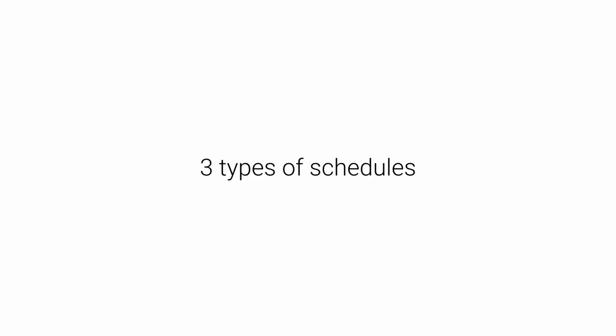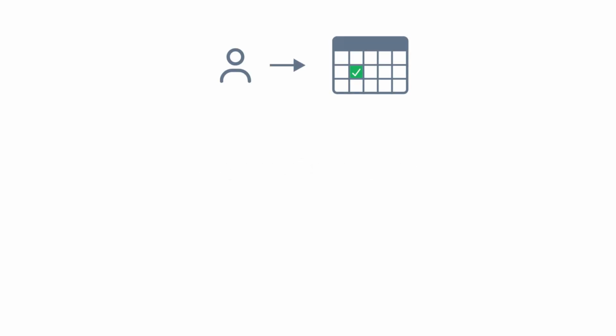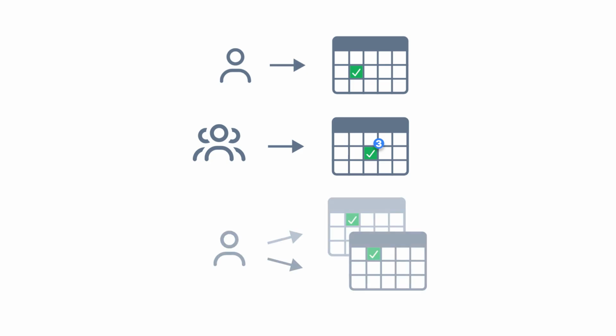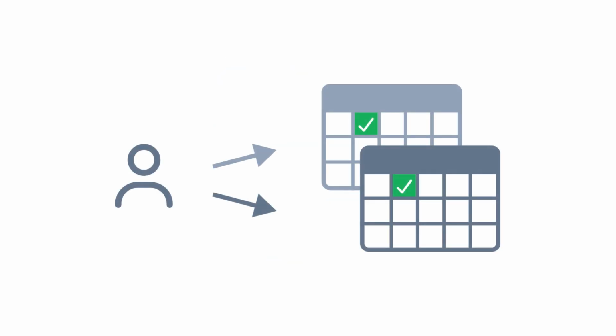Super SaaS offers 3 different types of schedules: a resource schedule for one-on-one appointments or reservations, a capacity schedule for group lessons or events, and third, a service schedule. This type of schedule can combine multiple resources, such as a room and a person or multiple people with their own schedules and availability. In this example, we will configure a service schedule that combines multiple resource schedules. So we'll first create the resource schedules and then the service schedule.